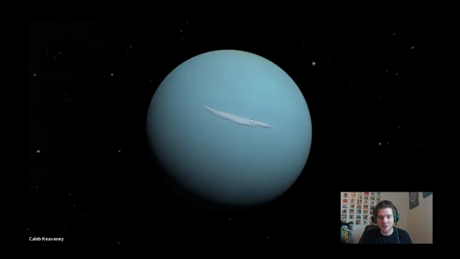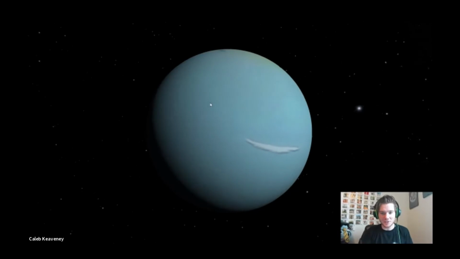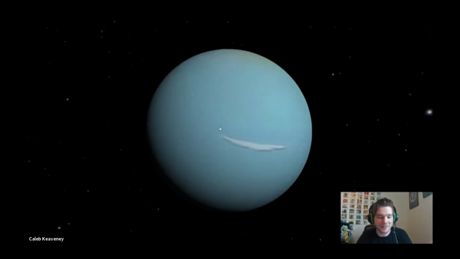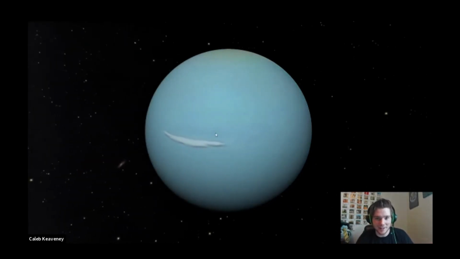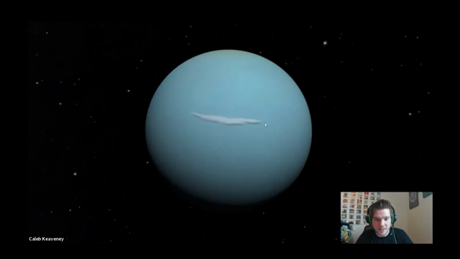It's just this pale blue color. And no matter how beautiful it is, if it looks the same, we can just look at Jupiter and see all this crazy stuff happening. And it's just fascinating. But what's interesting about Uranus, so this deep blue color